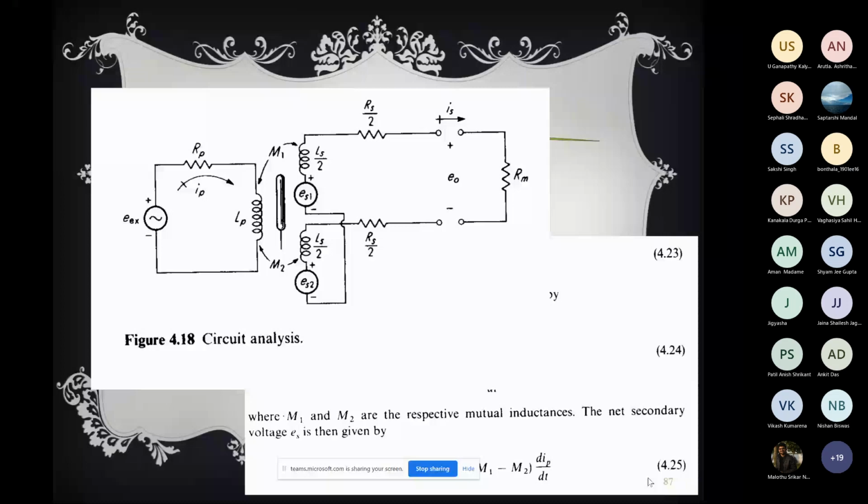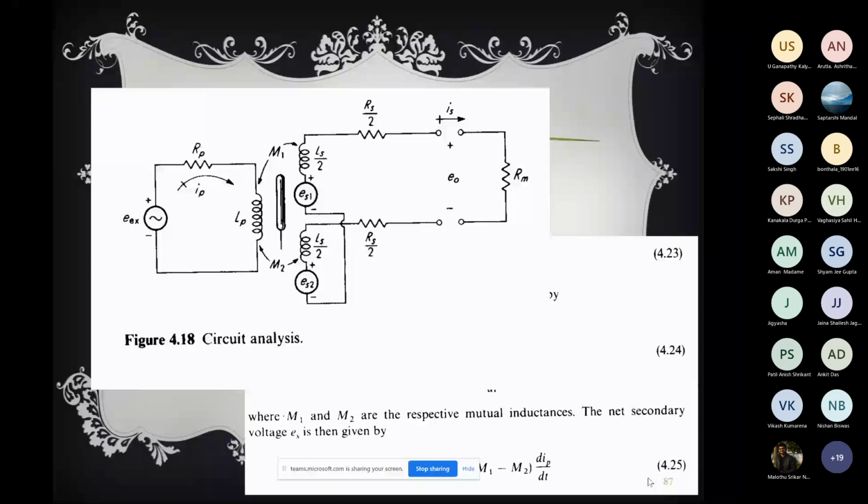Okay. Now see that there are two secondary coils, right? So the secondary coils also must have inductance. So we consider the inductance is Ls by 2. We can consider Ls and Ls both, but if we consider Ls by 2, the mathematical expression will be a little bit less complicated. So we consider the two identical secondary coils whose inductance is Ls by 2 and Ls by 2, and also we consider their resistance, which is Rs by 2 and Rs by 2.